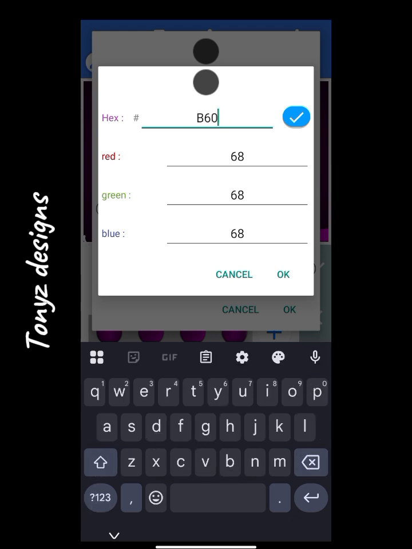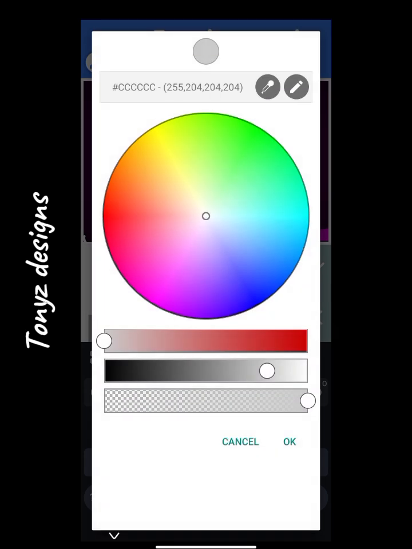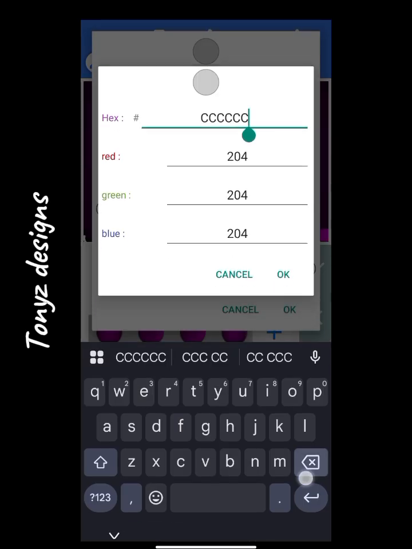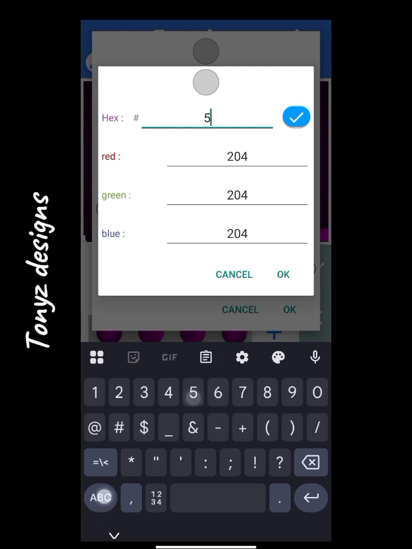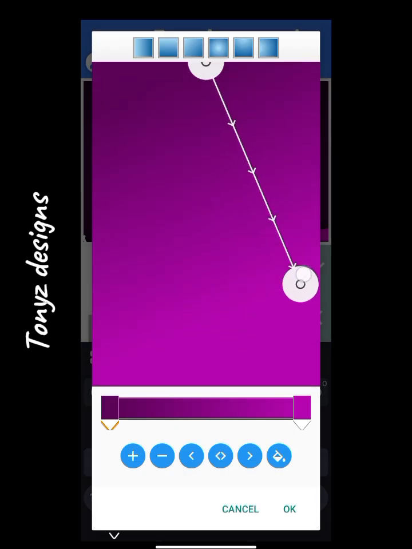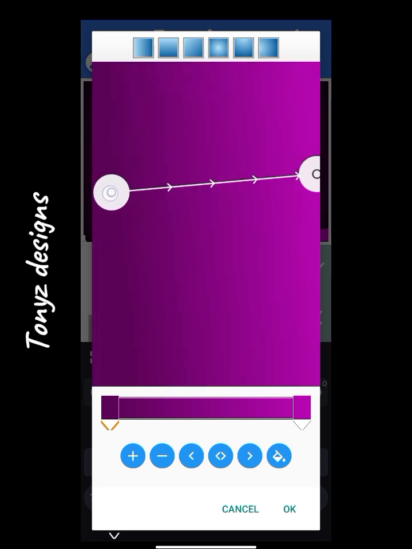B607B0. Okay, and for this other part, we'll go ahead to input the second color, and okay, we'll just be adjusting it here. We'll be taking the lighter color to the right,